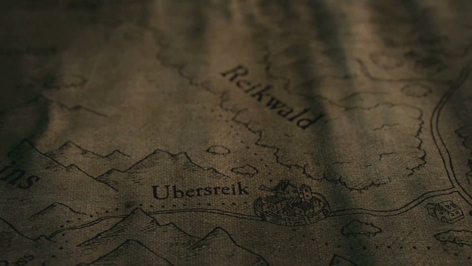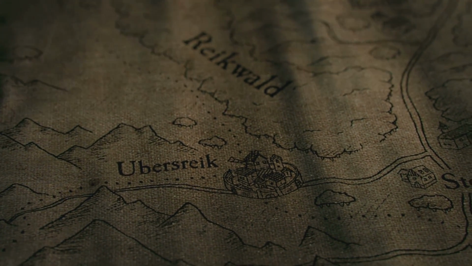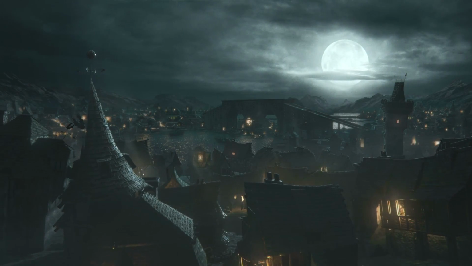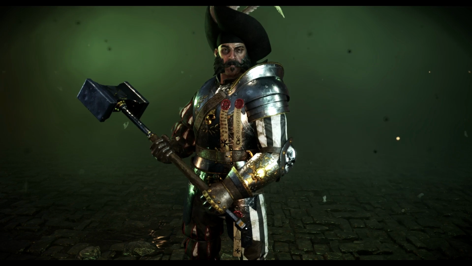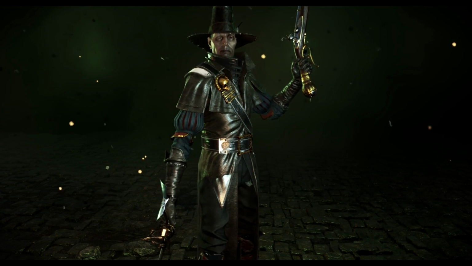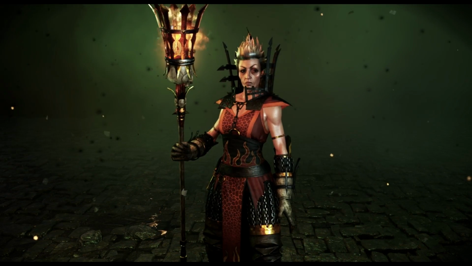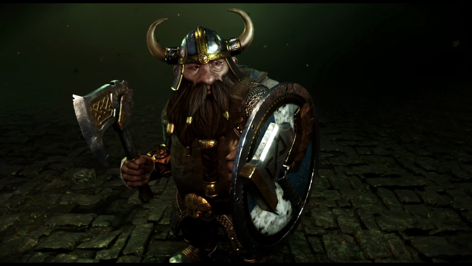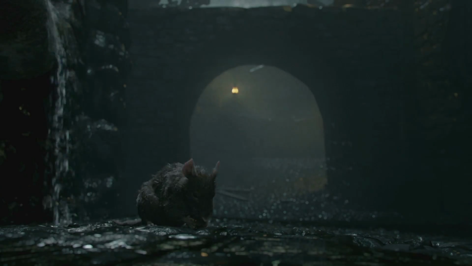Vermintide, a visceral first-person co-op experience set during the apocalyptic end times of the Warhammer fantasy world. As the iconic world is ending, players take control of one of 5 different heroes in a desperate struggle against the Skaven rat men. When the city of Ubersreich is overrun and all seems lost, you join the resistance and